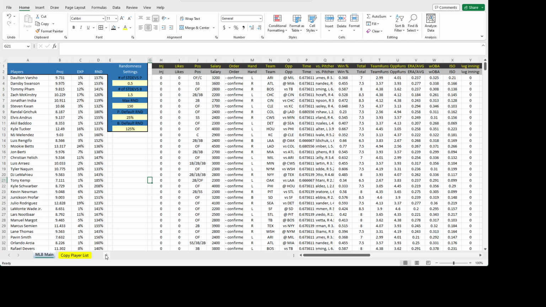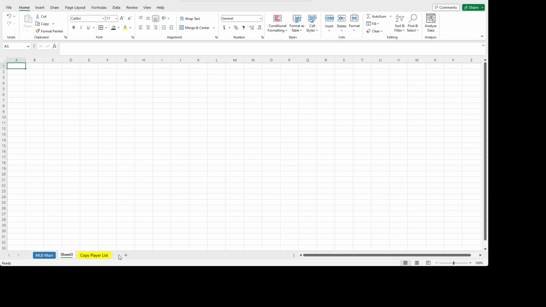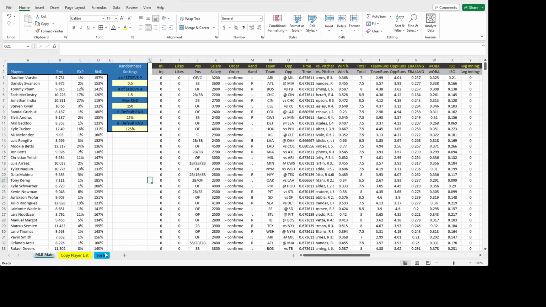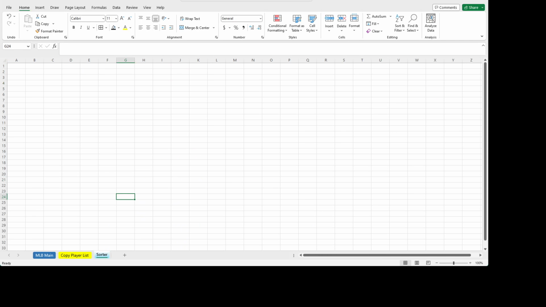So we'll go into the next tab here, which is going to be sorter. I want to try to build out the sorter a little bit in this video as well, so that when we do the stacks, we don't have to do any of this stuff. We can just jump right into it. So for the sorter,